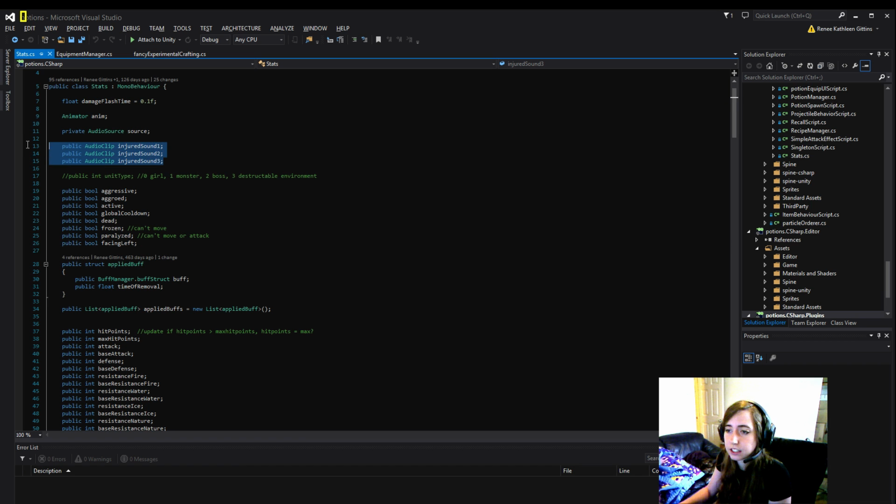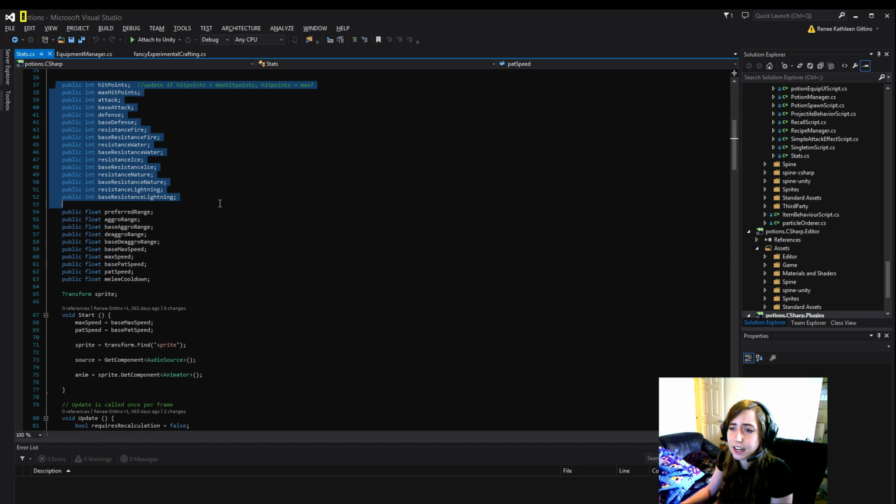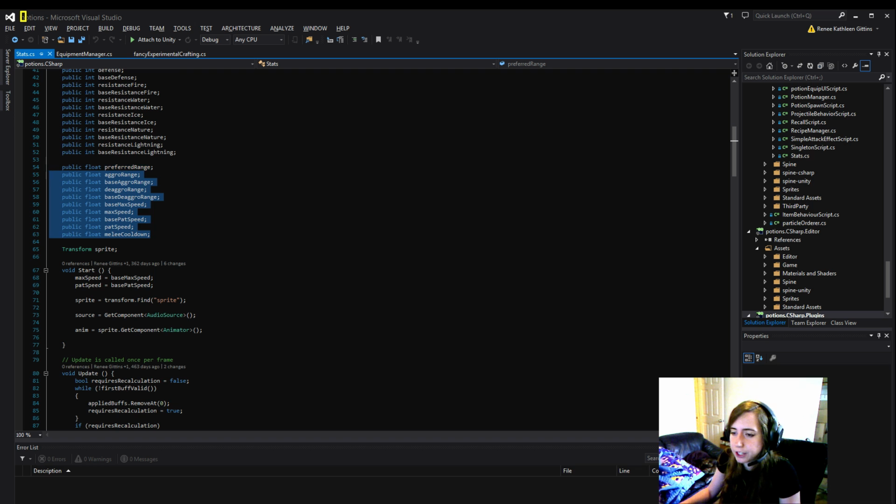I also have things in here for some sounds. And then I have all of these stat components that say their base resistance and then their current resistance, just to keep track of that if they have buffs or debuffs upon them. Oh, and of course the ranges here. So this is really helpful to have on